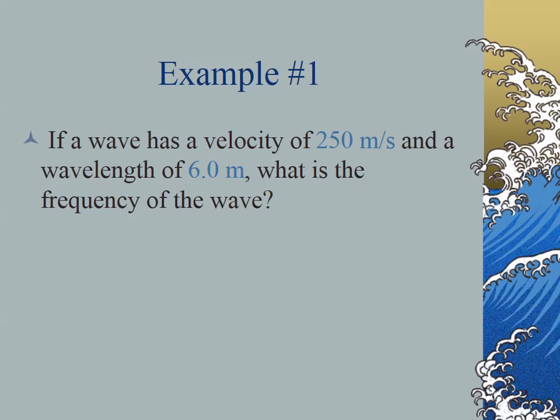So if I do a quick problem: if a wave has a velocity of 250 meters a second and a wavelength of 6 meters, what is the frequency of the wave? I have my formula. I obviously rearrange, and that is not correct. There should be a division there. I think that's going to be in the next step. Ignore my error there. We're going to divide. Oh, there are all sorts of errors with this. Sorry, let me go ahead and adjust this.